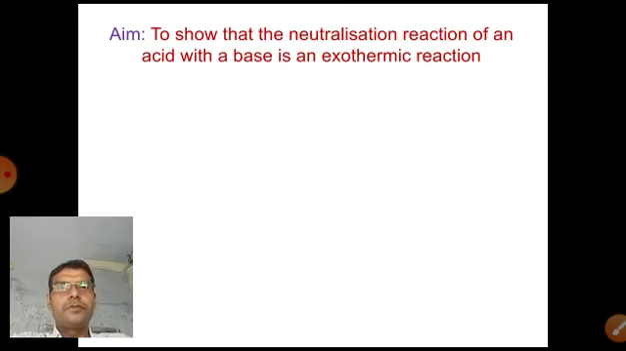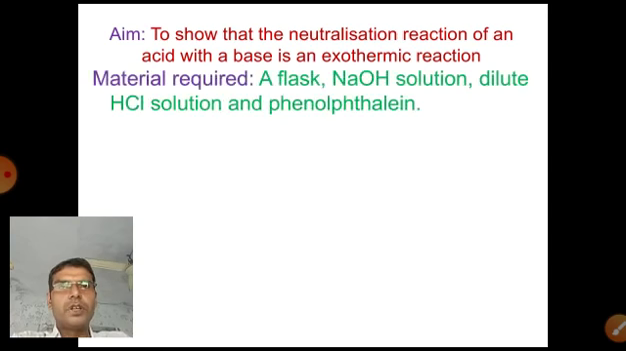Now the activity. The aim of this activity is to show that the neutralization reaction of an acid with a base is an exothermic reaction. The required materials are a flask, sodium hydroxide solution, dilute hydrochloric acid solution, and phenolphthalein. Procedure: